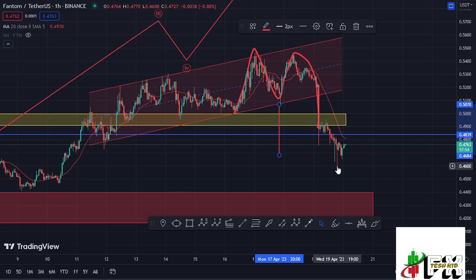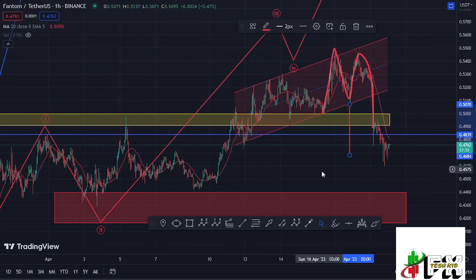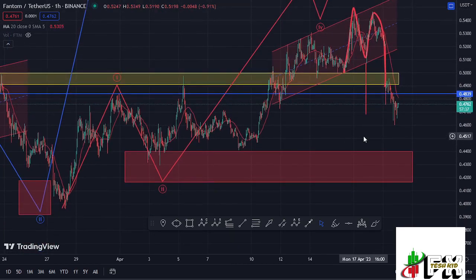So those are the two chart patterns that I had information on here on the Fantom chart that gave us a breakout to the lower side, and all these happened after Bitcoin also saw a bit of a dump to the lower side. And also getting to the Elliott structures, which I have here on the charts,